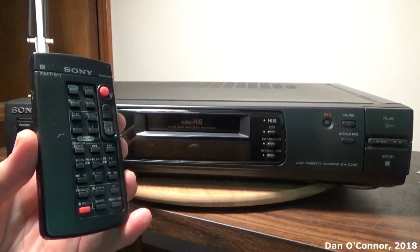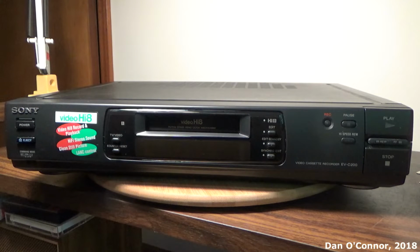This is from one of my mini DV cameras. We have Video Hi8, record and playback, hi-fi stereo sound, clean still picture, local area network control. That's kind of redundant. LANC control, but the C there is for control. So it's local area network control. We have a spot back here for the infrared, a TV video switch button, counter reset,